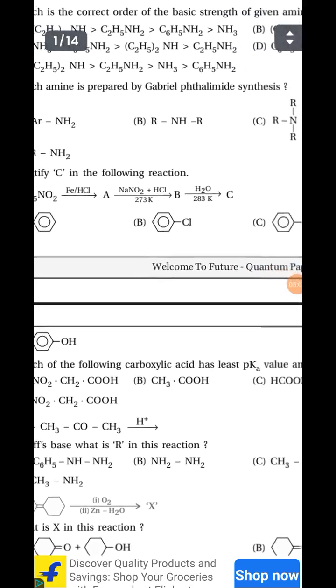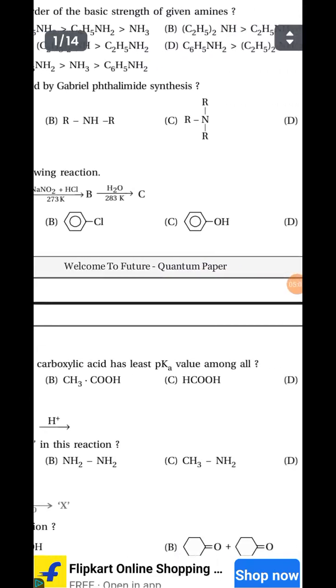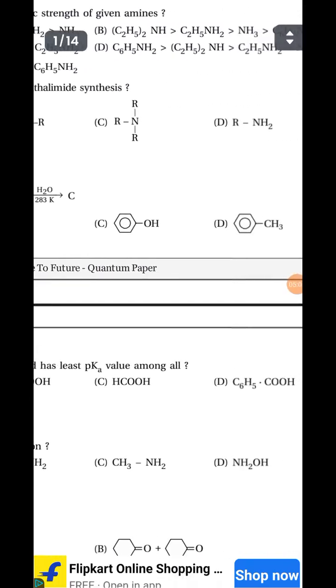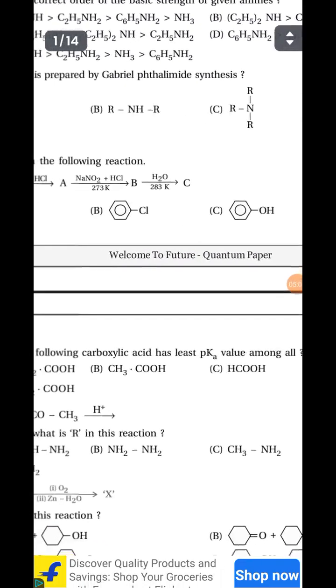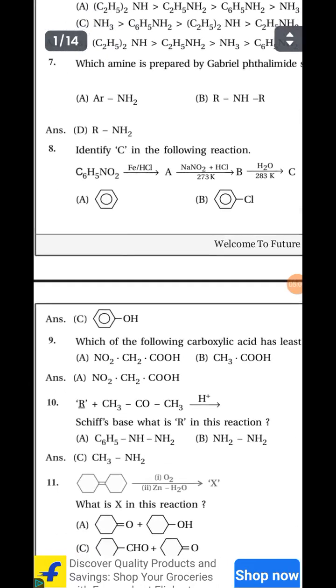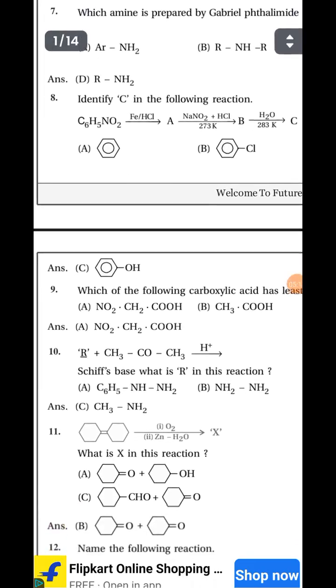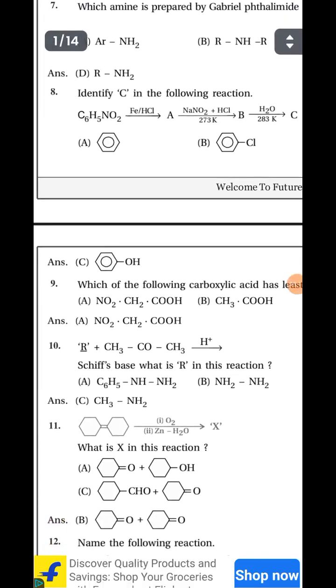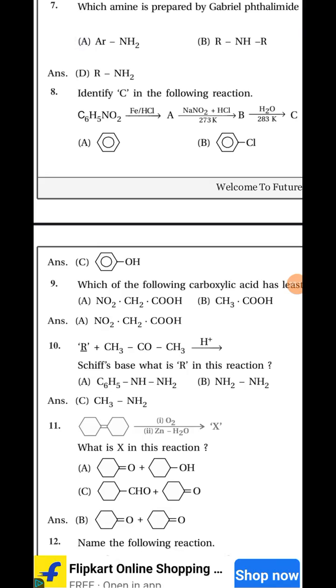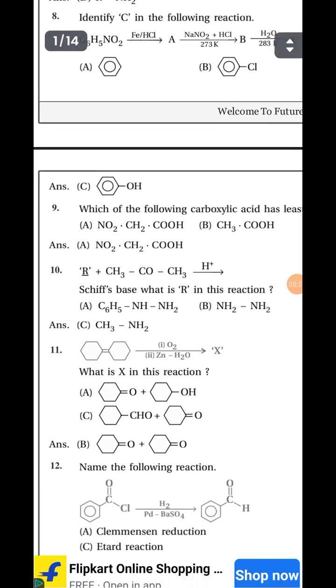Next question: which of the following carboxylic acids has the least pK value among all? So your answer from these is NO2CH2COOH. And in number 10, Schiff base: what is R in this reaction? Here R would be an amine, a primary amine. 11th number, here